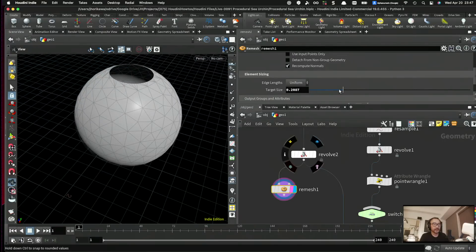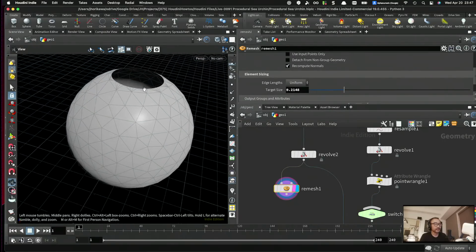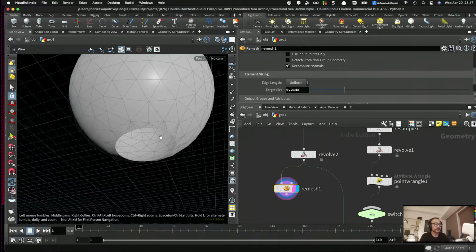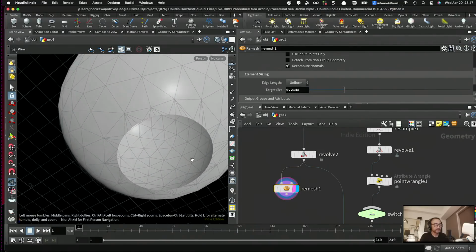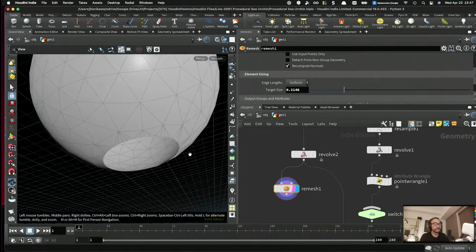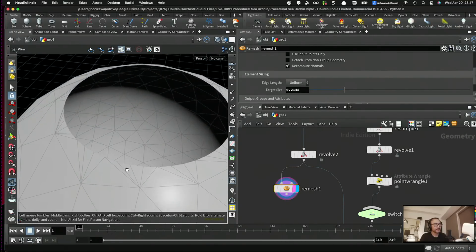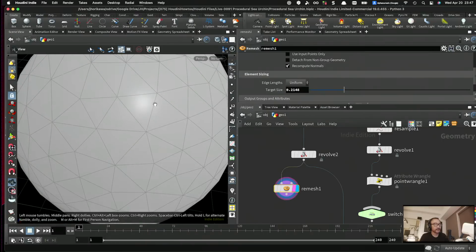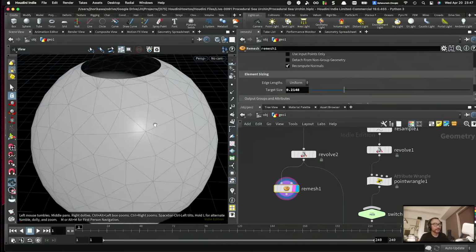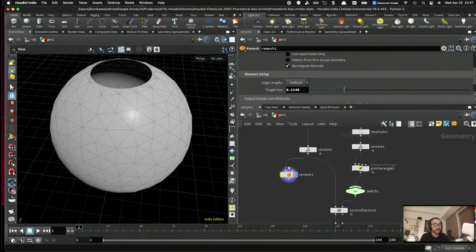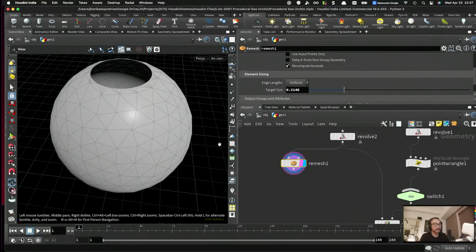Now there is a bit of a problem with this remesh: it doesn't remesh the border, the unshared edges. I mean the shared edges. Unshared edges, is it? So the size of these edges becomes smaller compared to the ones in the interior, which I don't really like. So I'm going to try to make those edge lengths similar to what you see on the interiors. To do that, first I'm going to